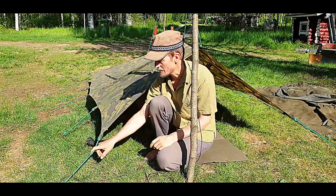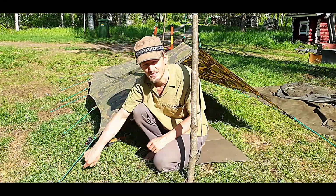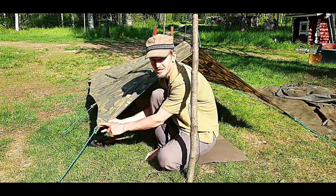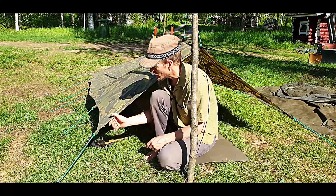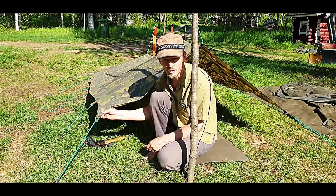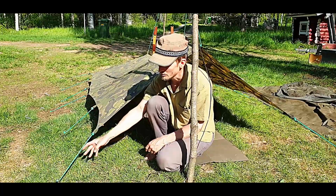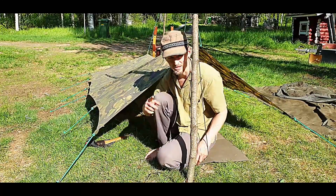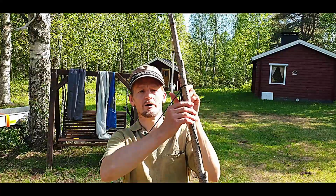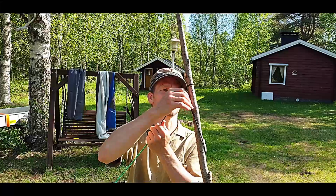So if you step here, the bungees provide that extra elasticity so that all the shock is not translated to these areas. So it will protect your tarp or basha so that you can use it longer. You can always replace the lines. That's reason number 1. Reason number 2 for the bungee cords is that